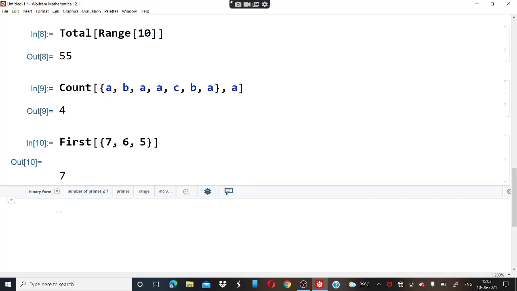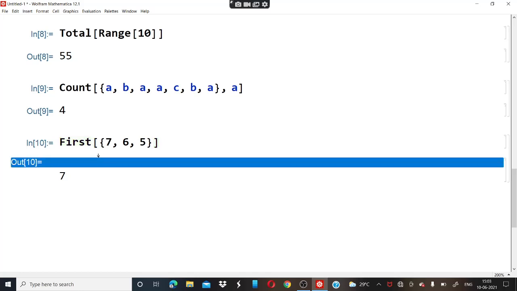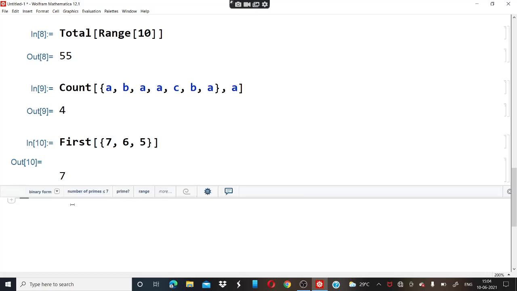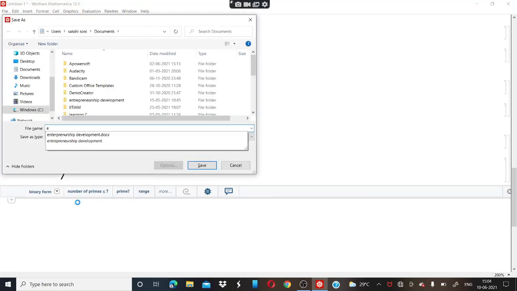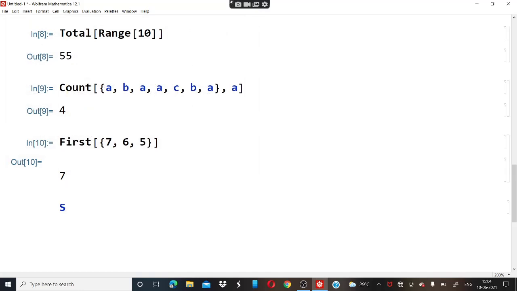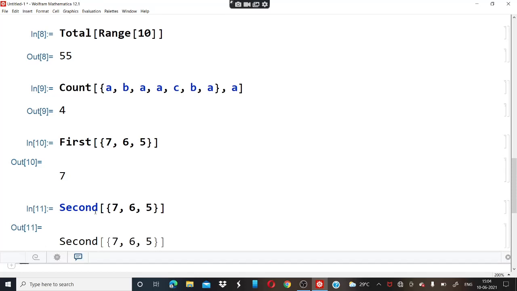Now let us suppose you want the last element of the same list. What you are going to do is just copy whatever is given here. After that, I think we can also find the second element. First we will cancel it. Here we can write second. Is there any chance of a second element? Let's see what happens. Shift and enter. No, there is no operation like second.